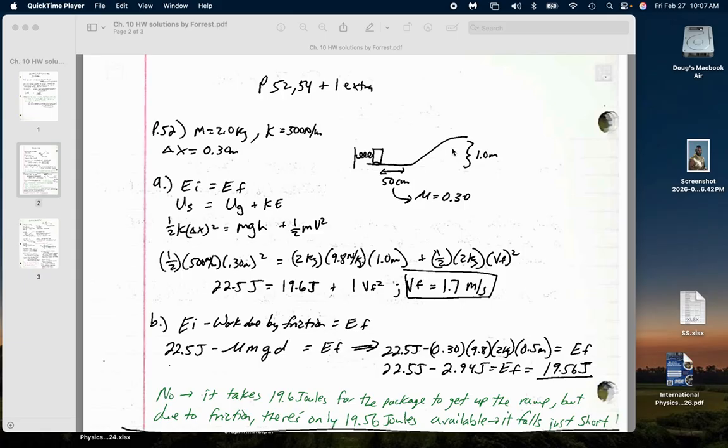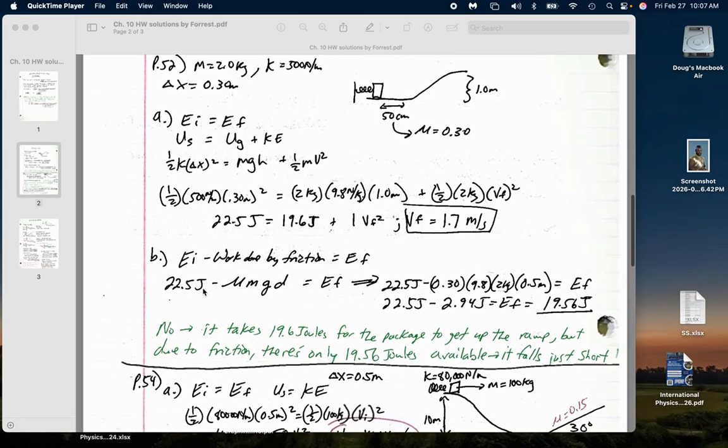If this is frictionless, we have initial spring energy going to gravitational potential energy and kinetic energy. So I have my initial equal to my final of these types of energies, and I get that it enters the truck at 1.7 meters per second. For part B, I end up